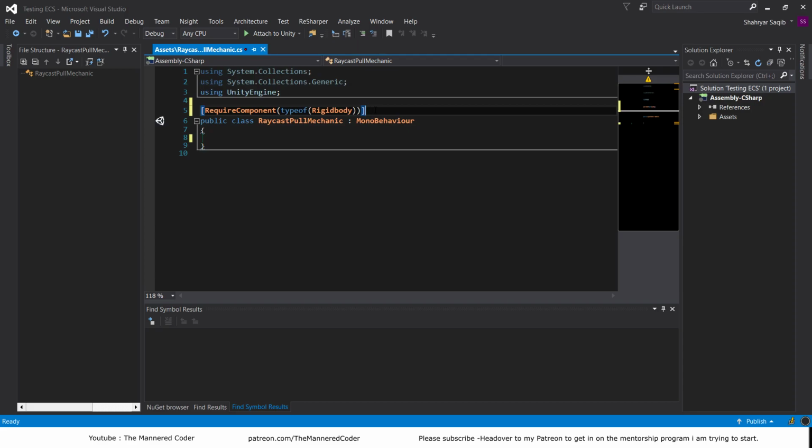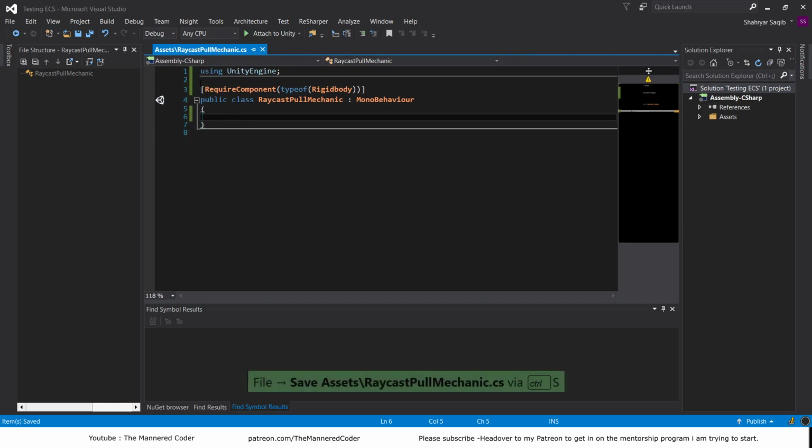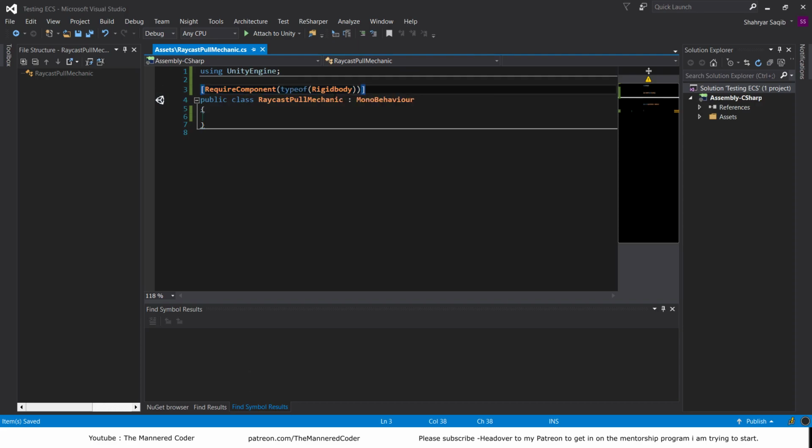This is just foresight. Most probably, the player will already have a rigid body on it, but we just want to make sure that our script does not throw errors, and will also let anyone who opens this script know that you either have a rigid body properly configured or I'm going to add one, so I work either way. Now, next thing we're going to do is